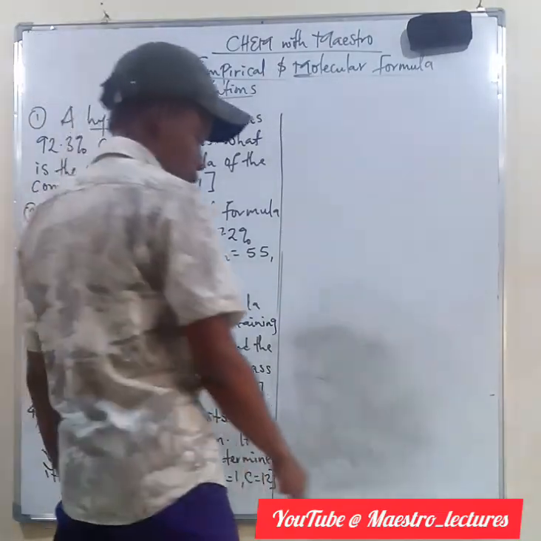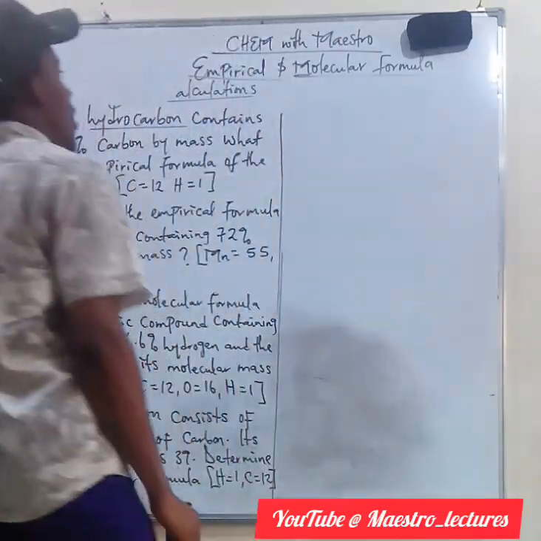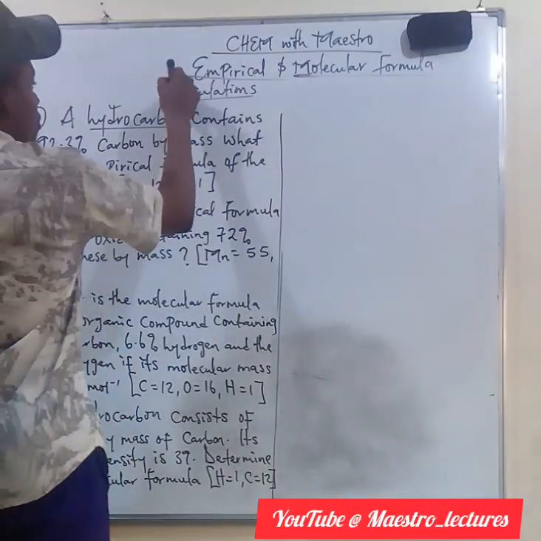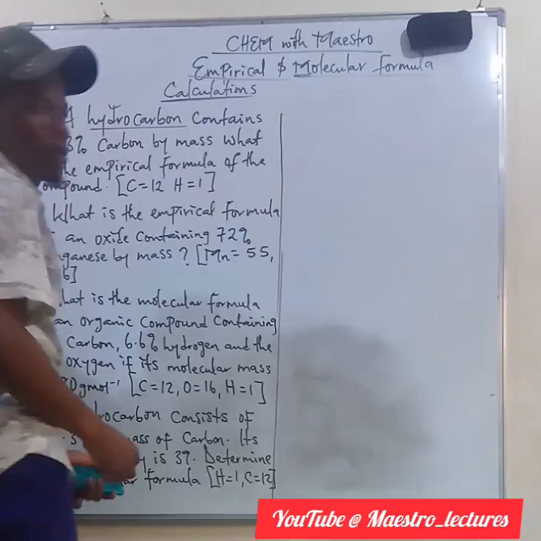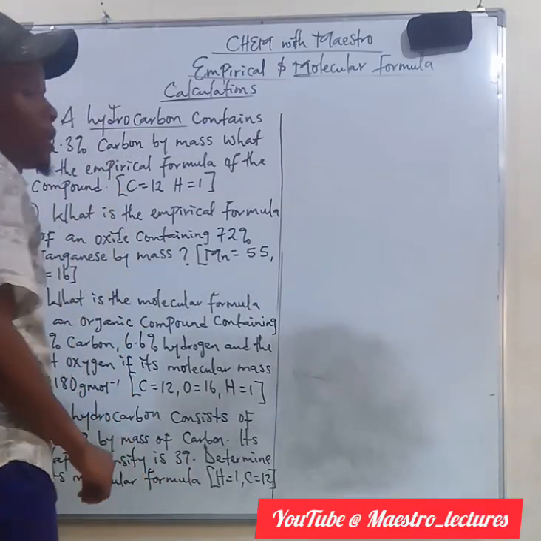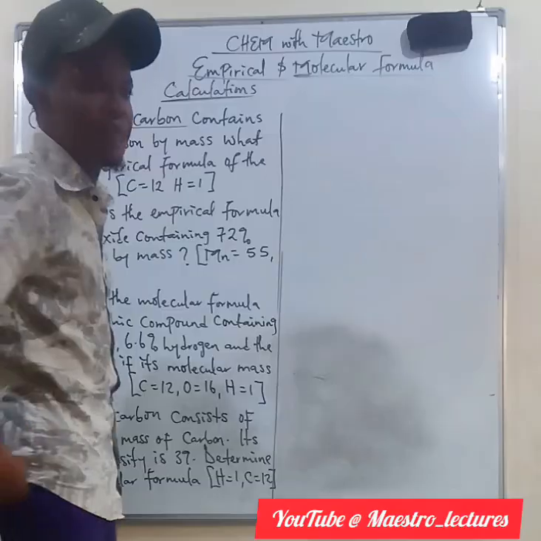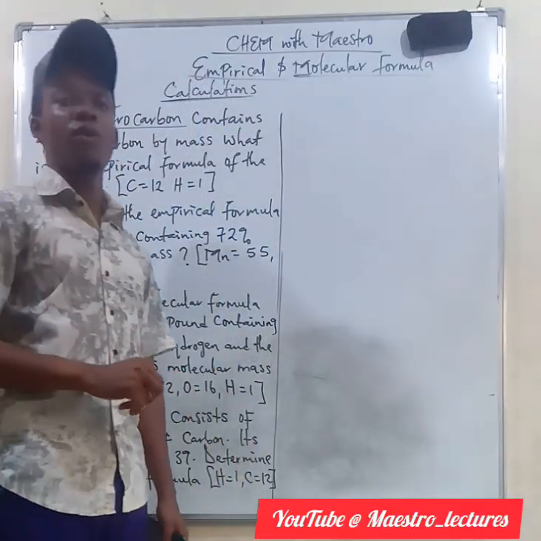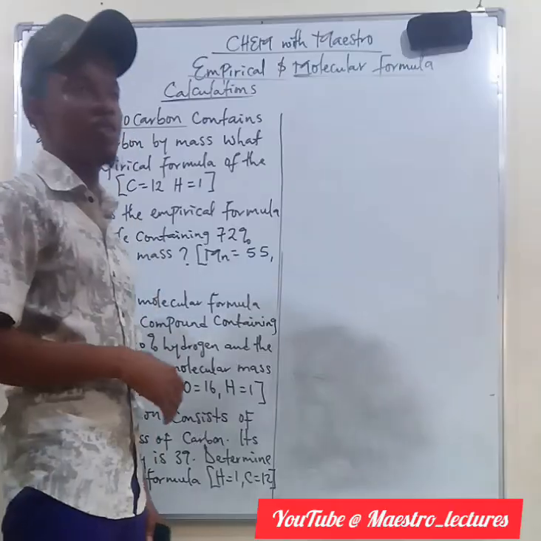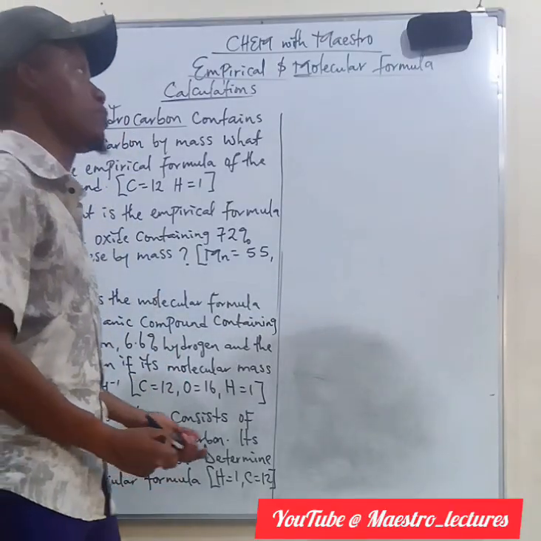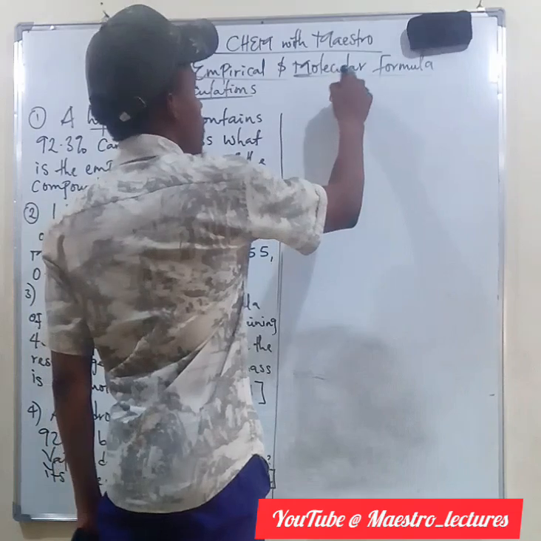So today we are going to be looking at empirical and molecular formula calculations. Now, what is empirical formula? Empirical formula can be simply defined as the simplest formula of a compound that just shows the ratio of atoms in the compound. For example, if we take this molecular formula of glucose,